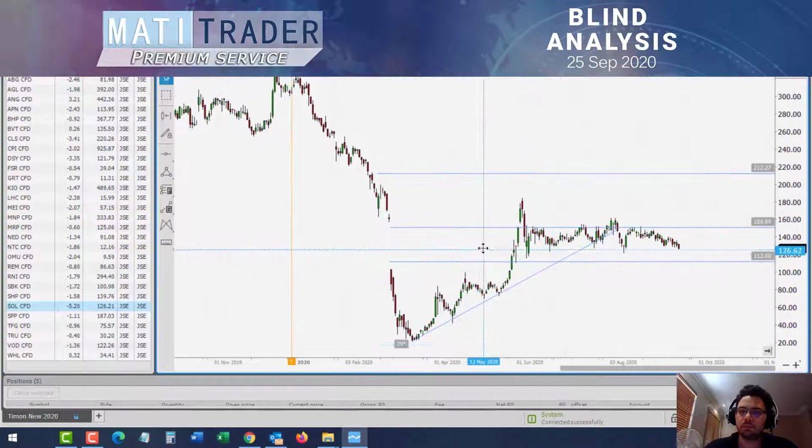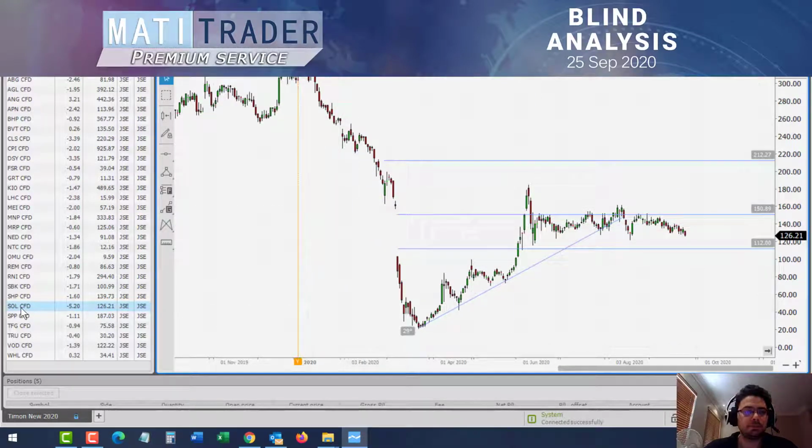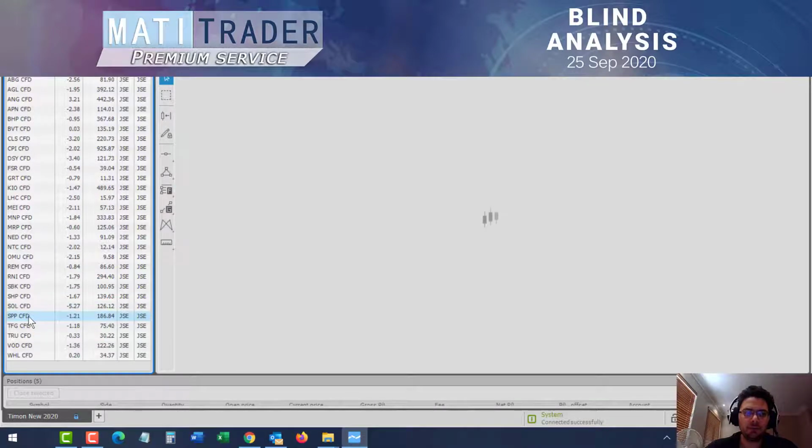Sasol. Sasol's not looking good at the moment. Since this gap to the downside, there's been very little market activity deciding which way the market will go. And also there's major problems with oil, which I'll cover another day. And mainly the oil futures with demand and supply, with the amount of supply that is out there, where oil is actually...